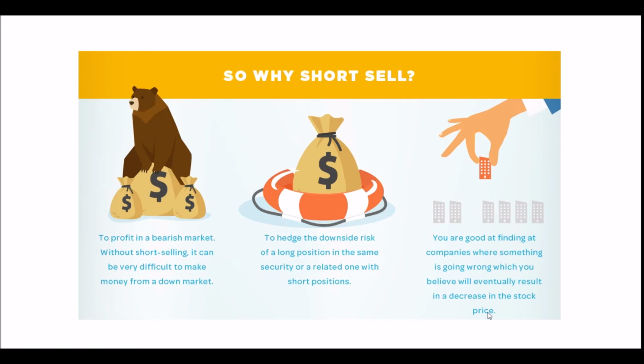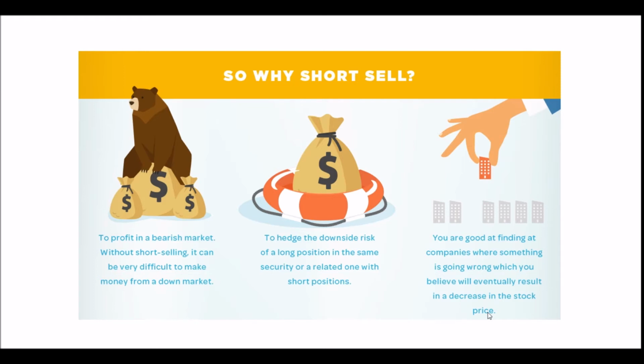So with shorting, one thing you should know is that when prices are going up, it is very, very bad for you. In shorting, you are always anticipating and speculating that the prices will go down. So when prices go down, it becomes positive for you, the trader. Normally in a long position, you buy at a low price and then sell at a higher price and make profit. But for short selling, it's the other way around. So in summary, you lose money when prices go up during short sell, and you gain money when prices go down.